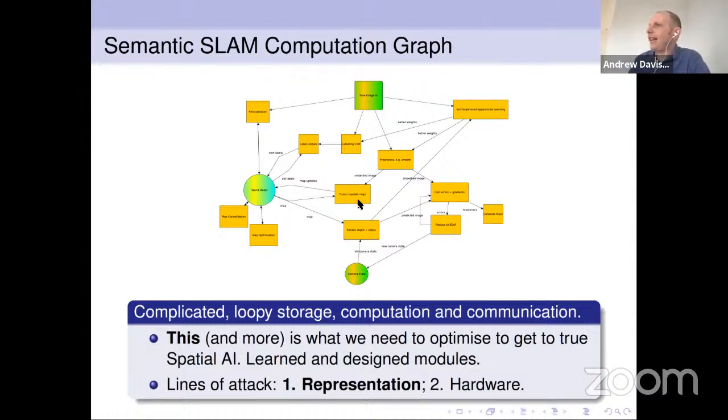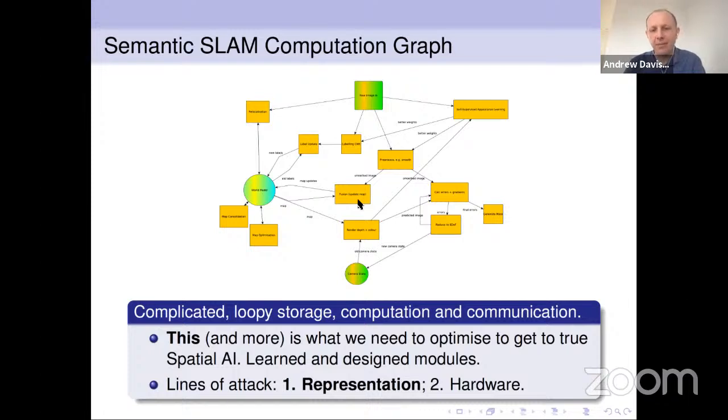So when I then think about where we want to get to with this, and applications that are really lightweight, like a pair of glasses, for instance, how are we going to pack something like this down into a tiny amount of computation and make it really efficient? That's something I'm really interested in, and I think there are two key lines of attack that we are focusing on.